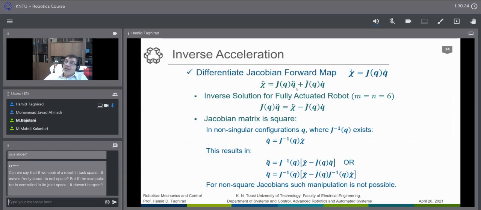And if you would like to find the inverse, given x dot, you want to find q dot, you need to have an inverse of the Jacobian as well. So for a 6x6 Jacobian, for a fully actuated robot, it is quite easy to find q dot as the inverse of that, and q double dot as the inverse of this equation. That will give you the inverse problem in the acceleration. But if it is not square, the problem is much more difficult. And of course, there are some optimal solutions there, but it is much more difficult, and we don't discuss it